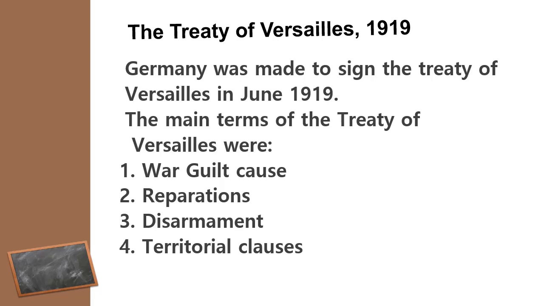The Rhineland area was to be demilitarized. Territorial clause: land was taken away from Germany, including its colonies, and given to other countries. Union with Austria was forbidden. These were all the clauses present in the Treaty of Versailles. The clauses of the treaty were degrading for Germany, as it was unfairly made to accept responsibility for the war and was penalized for the damage. This made Germany acutely conscious of rebuilding its image after the war.